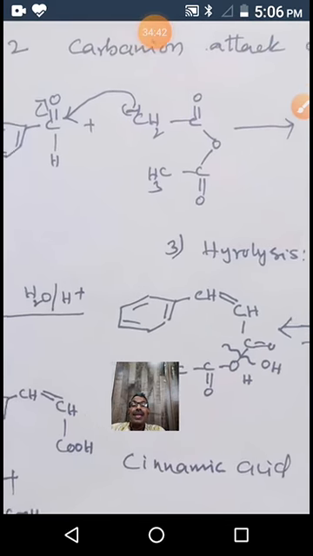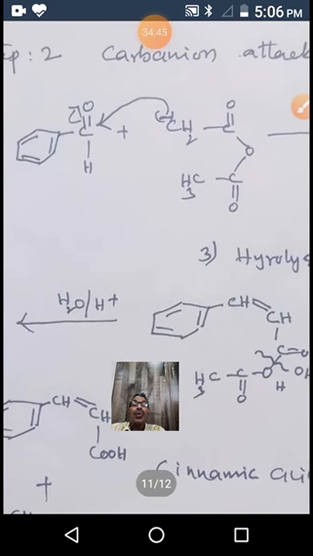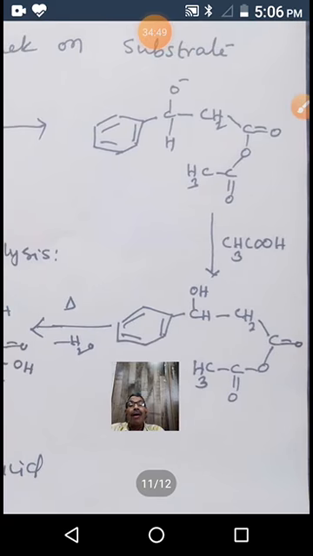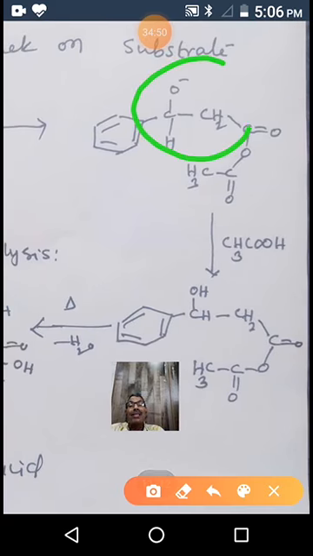You see, another aldehyde molecule, we're getting an addition product, an anion, an O minus, which is also unstable. It abstracts a proton from acid by giving this compound. So this compound